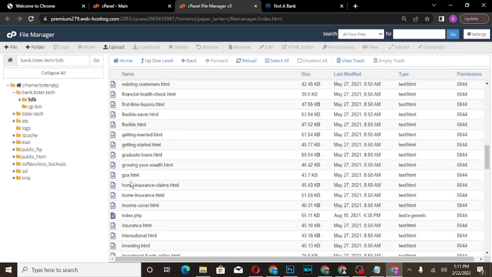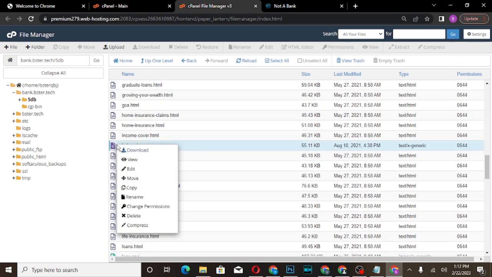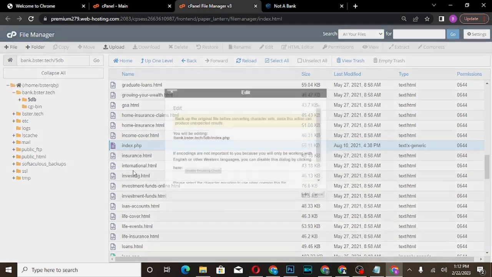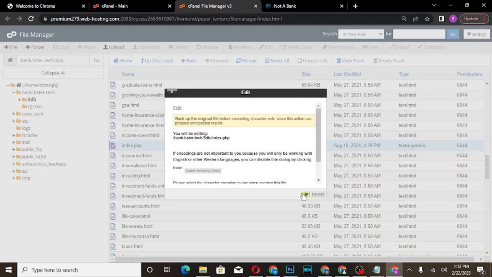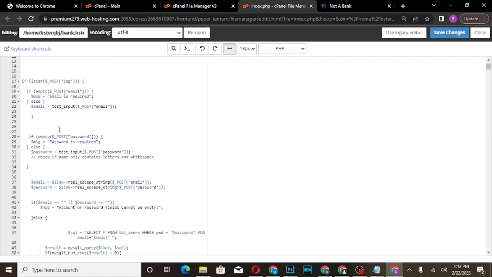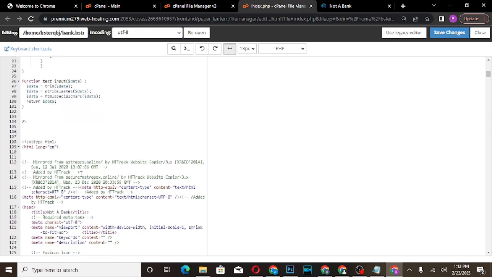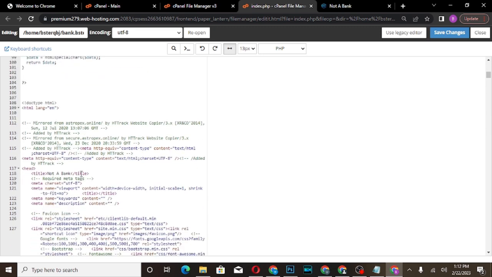So this is the index.php file. You just have to right click on it and click on edit. Once you click on edit, you scroll down to the title tag, you search for the title, the header. This is the title, this is the header. So you change it to